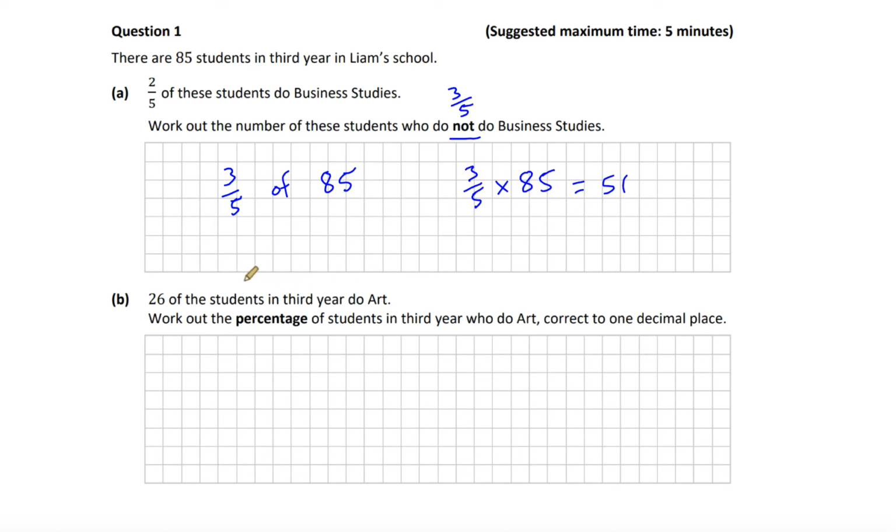Part B, 26 of the students in third year do art. Work out the percentage of students in third year who do art, correct to one decimal place. So 26 students do art out of a total of 85 students, and we have to express this as a percentage. So you write the fraction and you multiply it by 100, and you can do that in your calculator, and what we get is